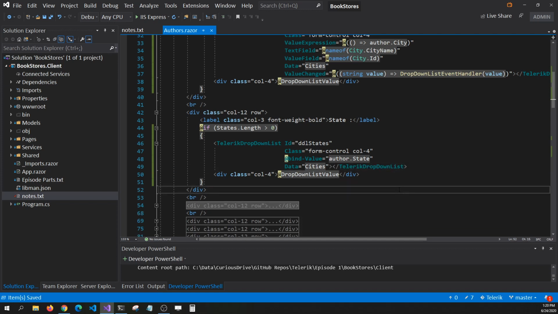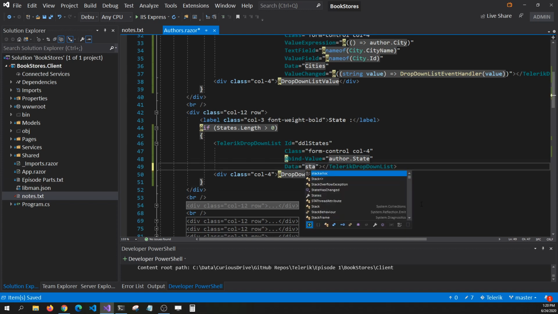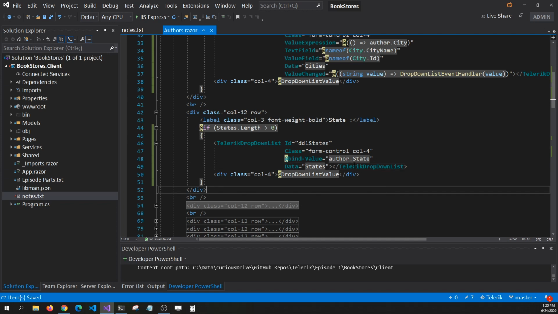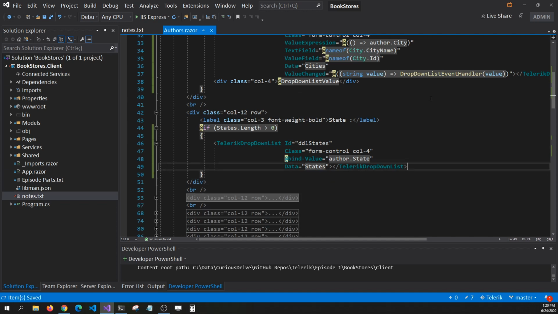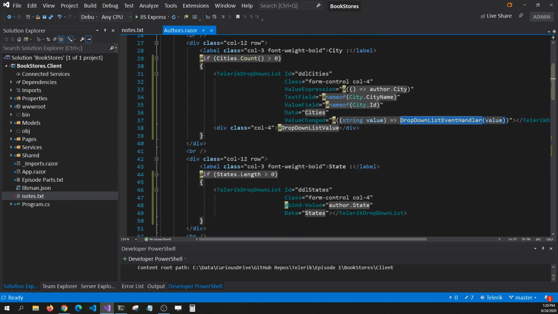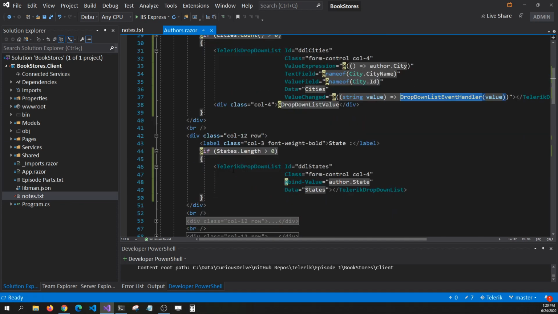Okay, and let's change this data to states here. So I'm going to say states. So now whenever I refresh the page, it should load the states into my drop down list. But before I do that, I want to assign this author state in my drop down list event, so that whenever I select something in my cities, the corresponding state gets populated